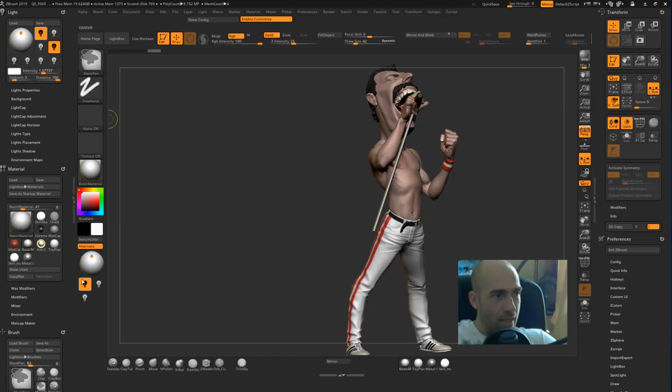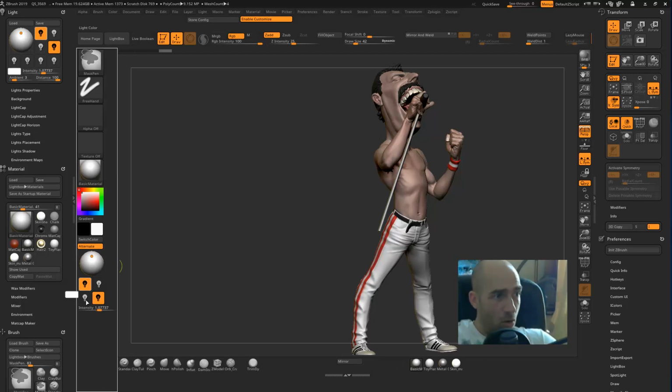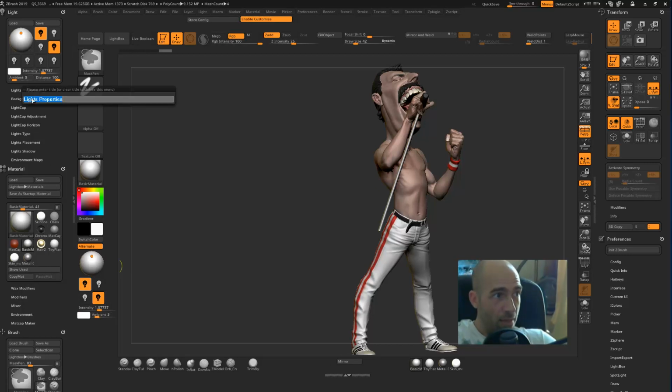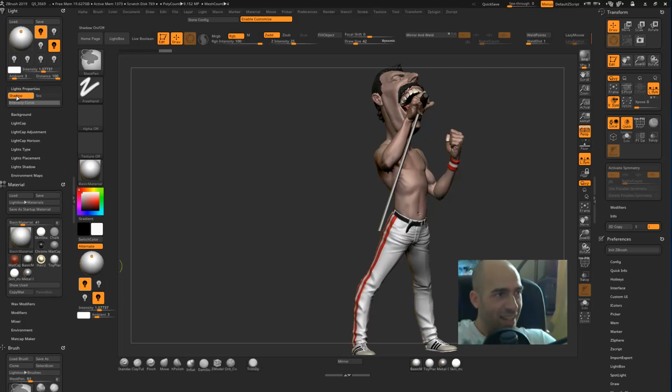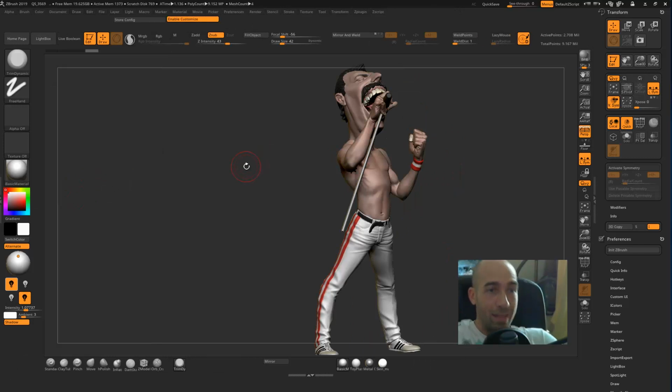I'll put the 4 lights exactly in the order they are there. It's not mandatory, but I like to do it. Intensity, color of the light, ambient, important, and very important, you can rename some stuff. Shadow of the light. For example, this light doesn't have shadow, this light has shadows. Then we will store config, everything will be stored. And the next thing we want to do, and the last probably, is the